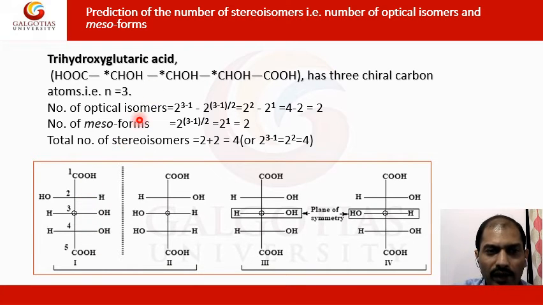By using the simplest equation, you can calculate the isomers, and with this formula you can also find the number of meso forms and the total number of stereoisomers, where the total number of stereoisomers is the total number of meso forms and optically active forms. By doing this, you can check how many